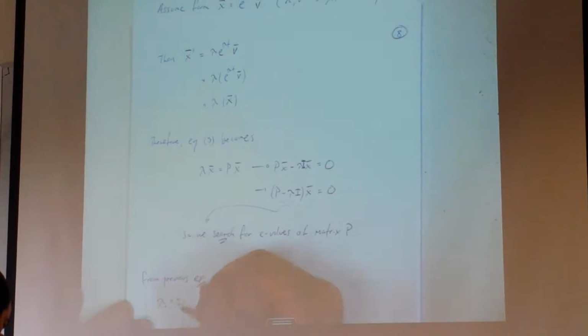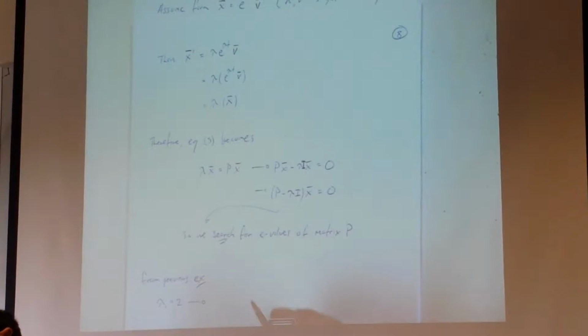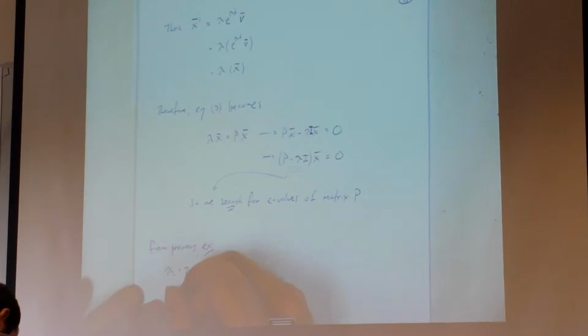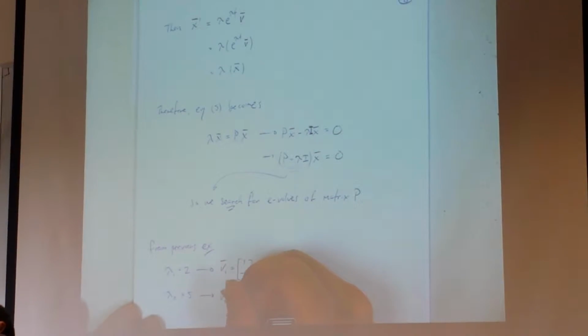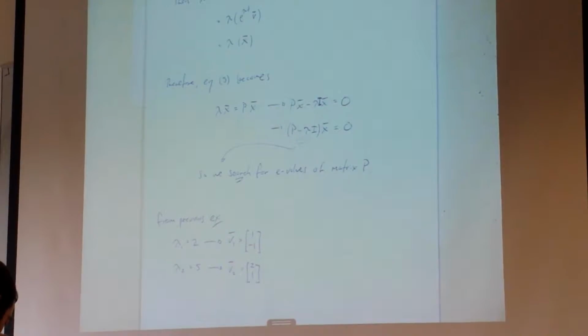Lambda 1 was equal to 2, and the corresponding eigenvector, 1, -1. Right? Second eigenvalue was 5, and the eigenvector corresponding to that, we got 2, 1. All right. So we did that work previous to knowing why we needed to. But if we put that together,